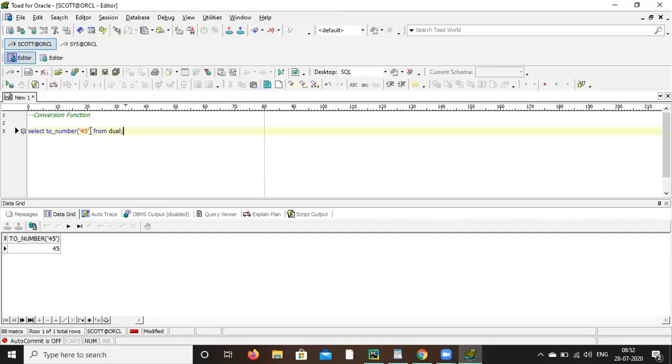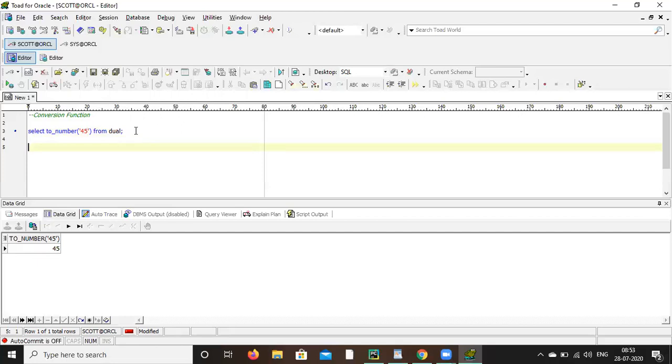So first you have to convert it into a number. That's why you can use TO_NUMBER. It is a number only, but by default it comes within a string, so to convert that, you can use TO_NUMBER.